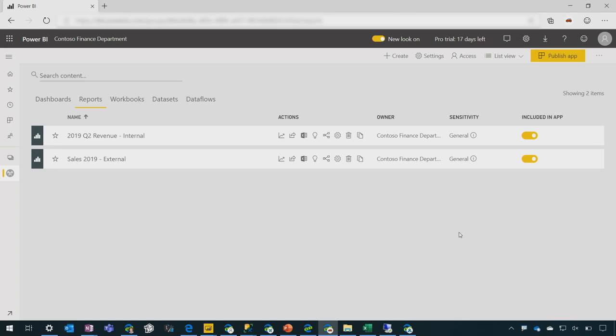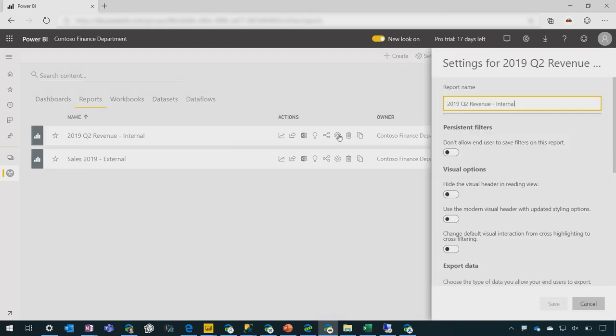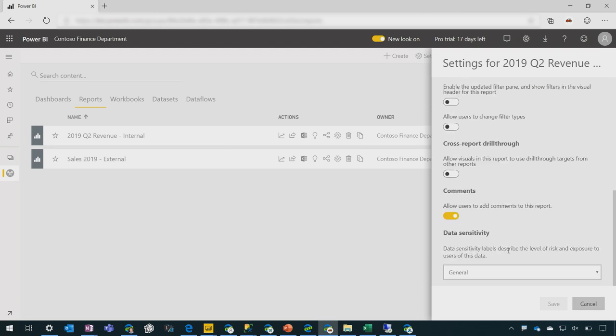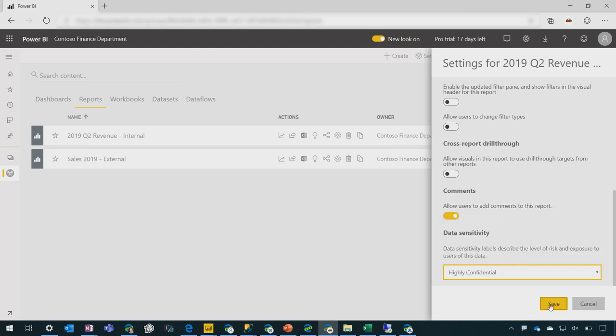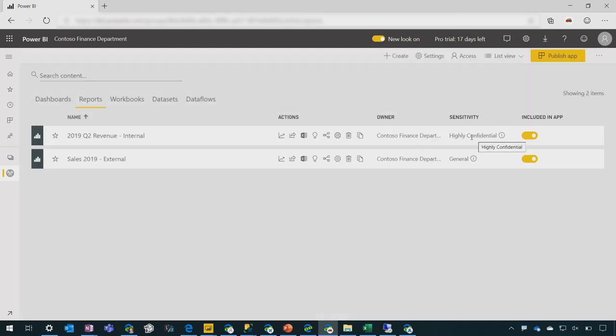Power BI artifacts are integrated with the Microsoft Office information rights management and data protection capabilities. I can come into the settings for this Power BI report. I can set the data sensitivity level to, for example, highly confidential, as we can see here. And now if I come into the report and I try to export to Excel, for example,